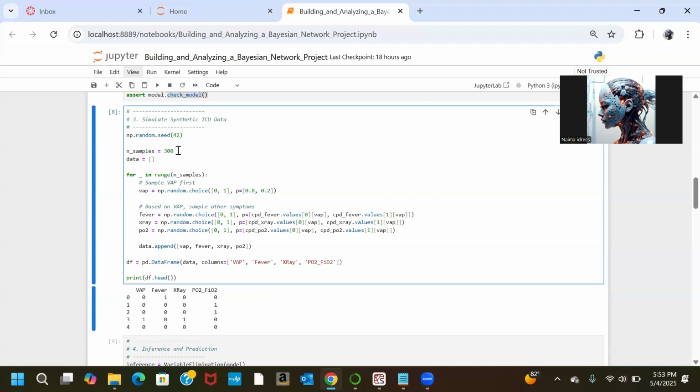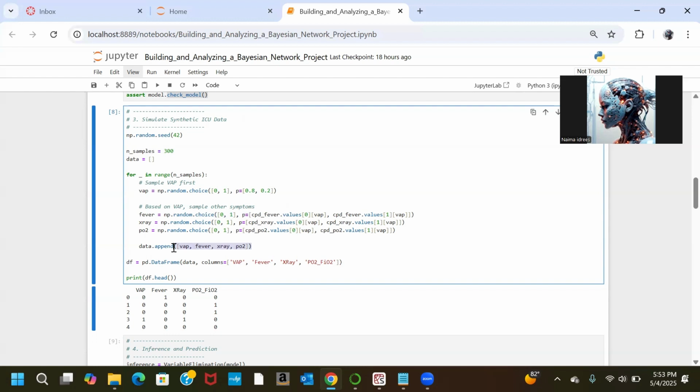We have defined n samples equals 300, and each patient is assigned a true VAP status based on 20% prevalence. So then, based on the choices, whether the patient has the VAP or not, we generate the symptoms according to probabilities, and